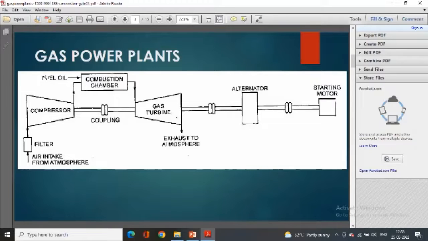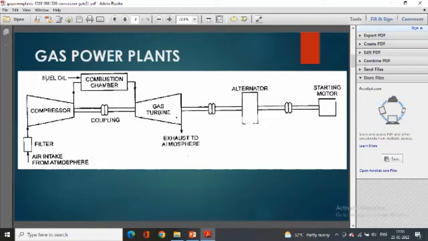In the combustion chamber, we provide the fuel oil for combustion. The fuel is sprayed using the fuel injector system, and the combination of fuel and air is combusted in the combustion chamber. Then hot gases are produced, and these gases are